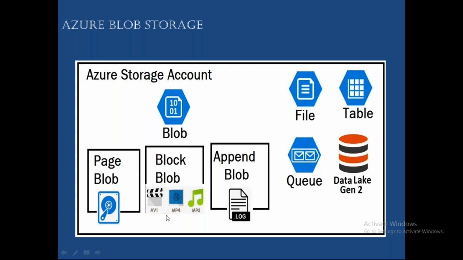So here itself you can understand. Videos and audio files you can upload into block blob. Append blob is basically for logs. You have an application log. What will the application log do? Suppose some person X accesses the Flipkart website, and in the backend it will say X person logged in, X person searched for this product, X person tried to place an order for this particular product, and Y person logged in just now and is searching for this product. So all those logs will come in the backend.